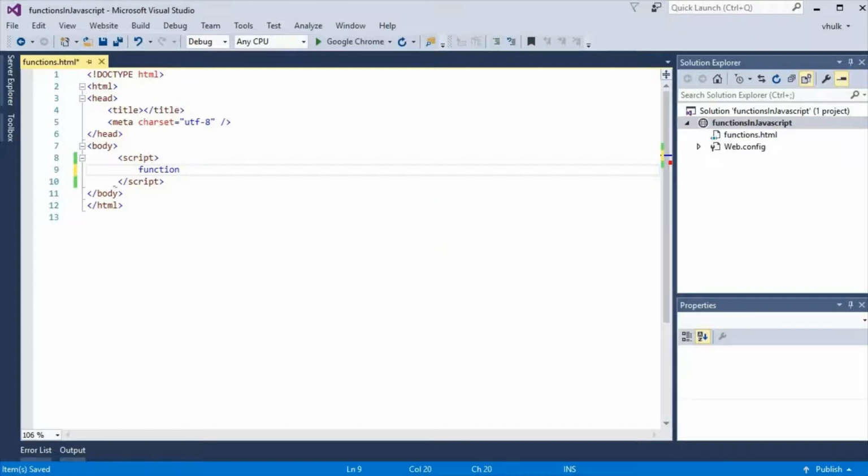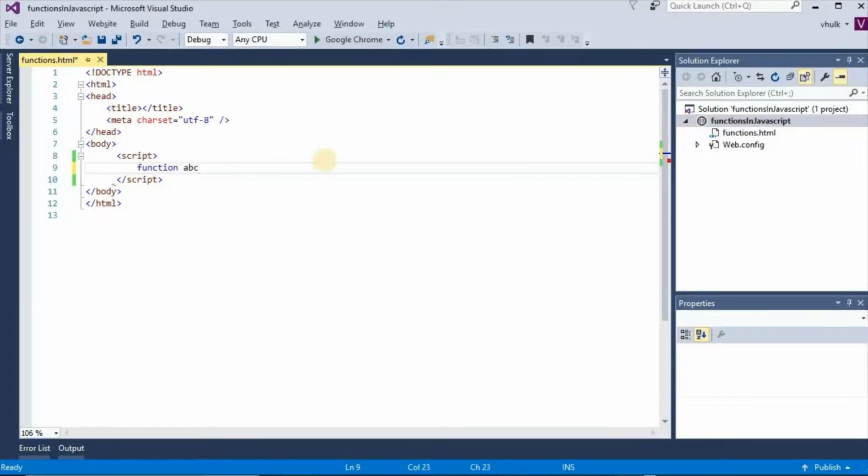We can give any name. We can give letters in the function name, so abc or abc1 to 3. We can give digits or numbers also. We can give underscore also, but we cannot give space in the name. For our example, the name is